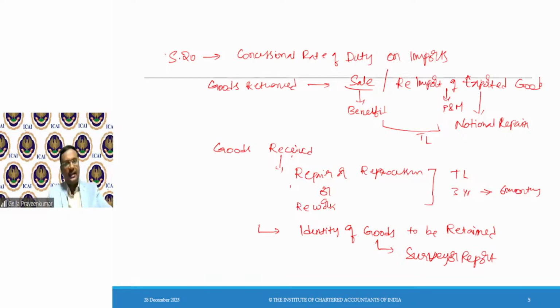These are the provisions connected with concessional rate of duty. Last but not least, we have discussed exemption related provisions. Exemptions under section 25, where exemptions are general or by way of a special order.